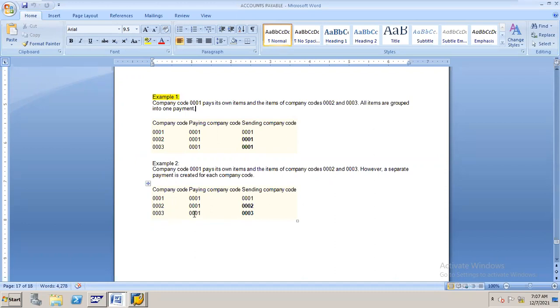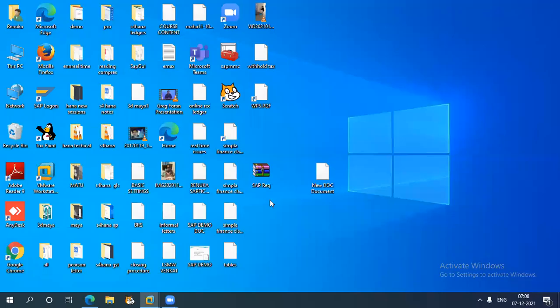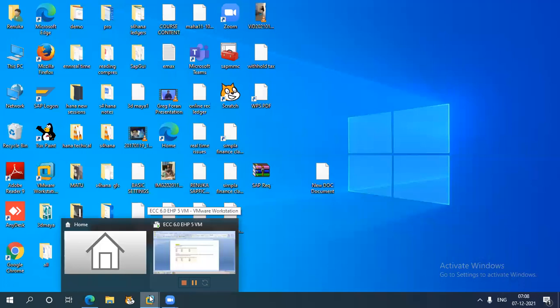Paying is done by the first company code, but the check is in the name of the third company code, meaning the sending company code is the third company code, but the actual payment is done by the first company code. So this is when we use the sending company code. Any doubts? Understood? Yes, madam.